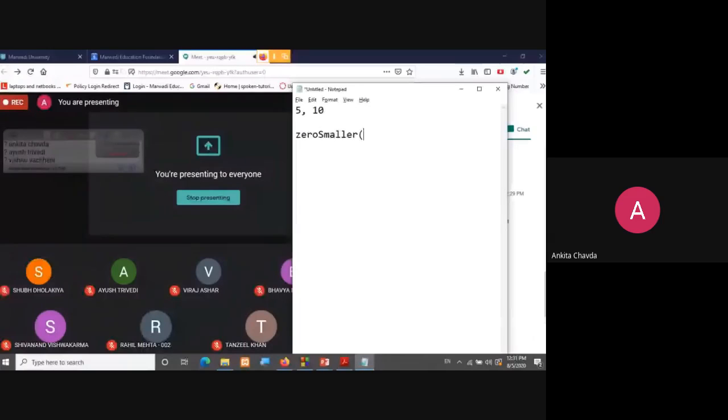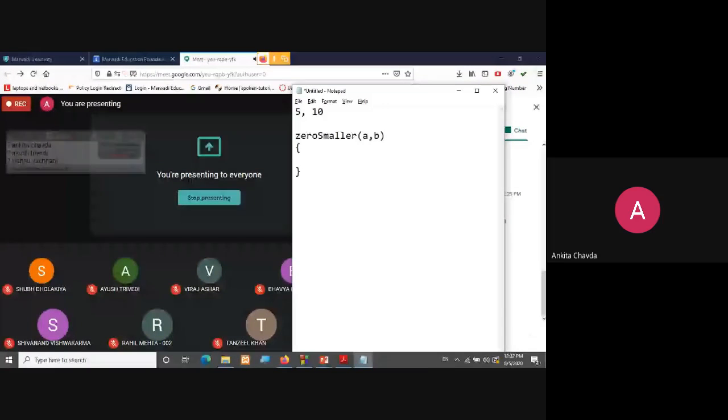Okay, zero smaller function, you have passed two arguments, but that is by reference. So now you have to think what you need to add over here, right? Whatever the data type that you are taking, in that you need to make whichever is the smaller value equal to 0.